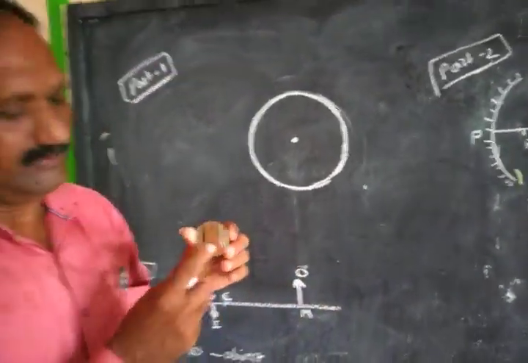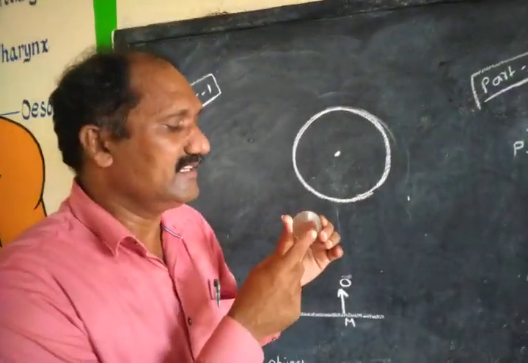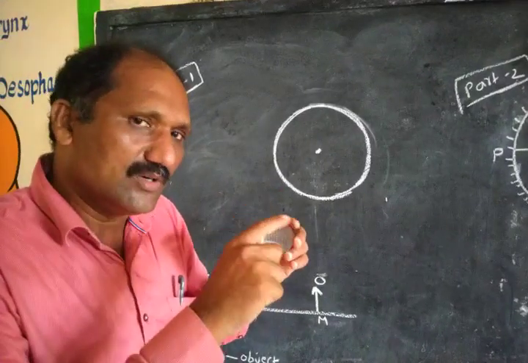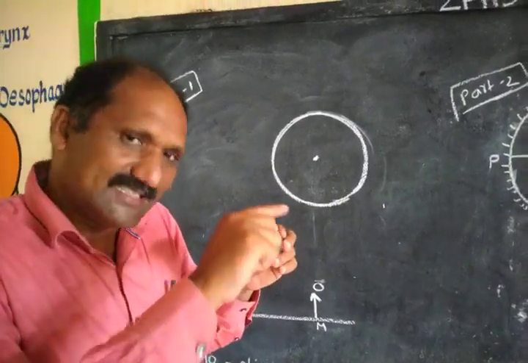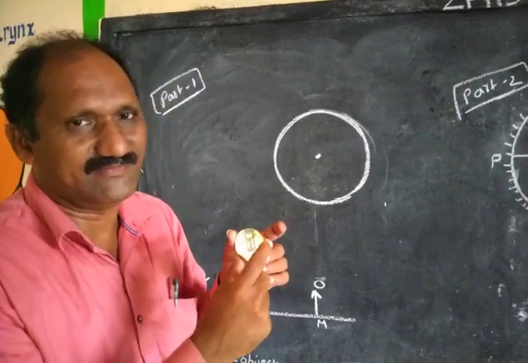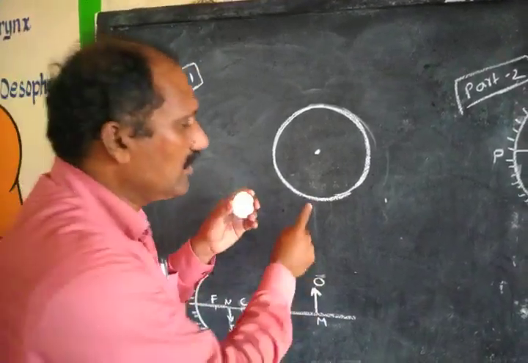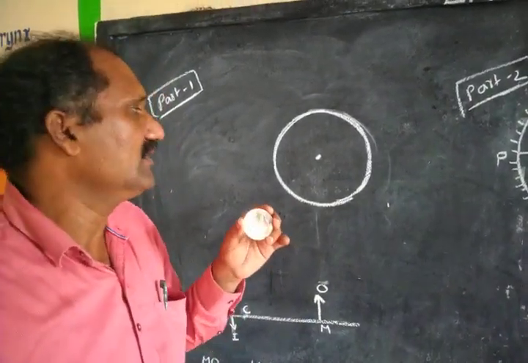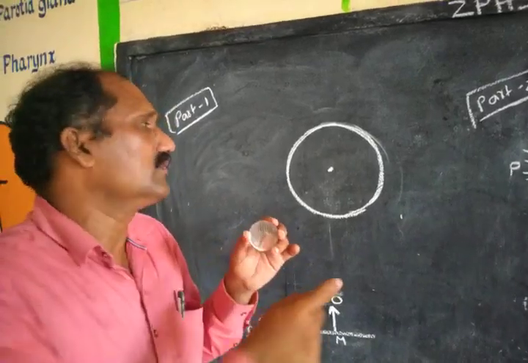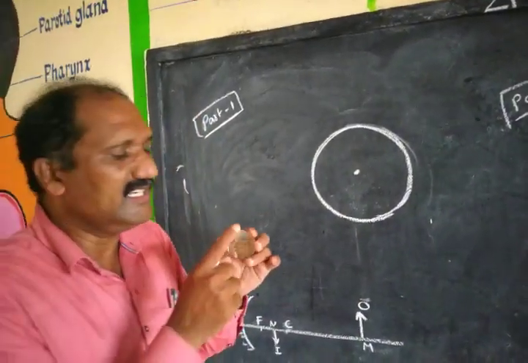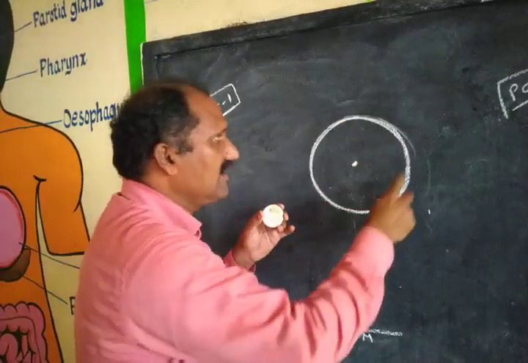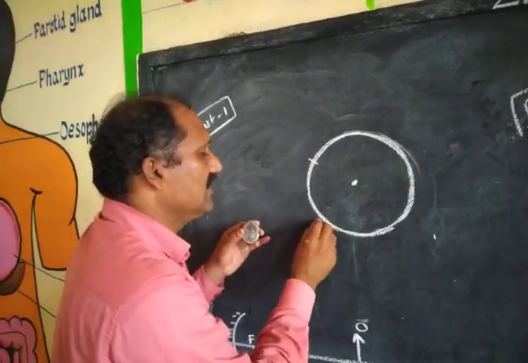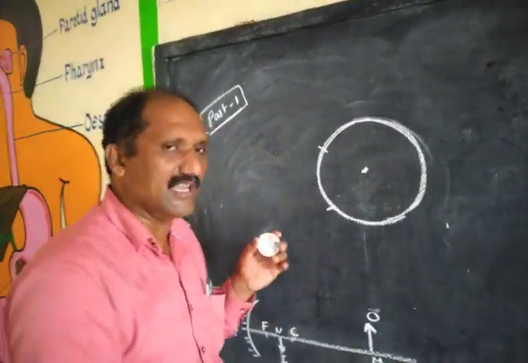This concave mirror is a 3D article. When it is extended, it makes a sphere. On the board we cannot show the 3D diagram. That's why we have drawn a 2D diagram to represent the 3D sphere. That is a circular shape. Here, if we consider this one as the spherical mirror, that is the concave mirror.